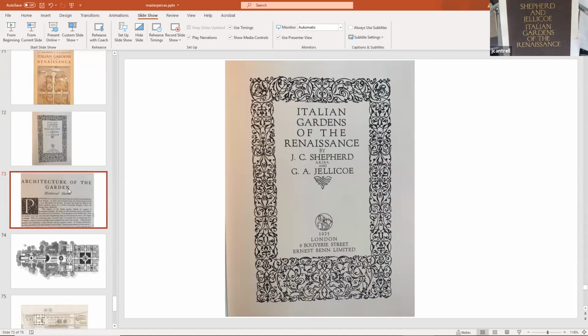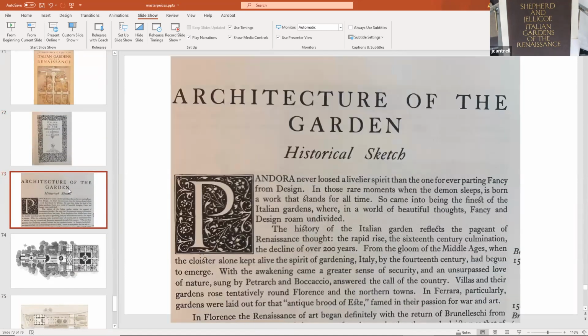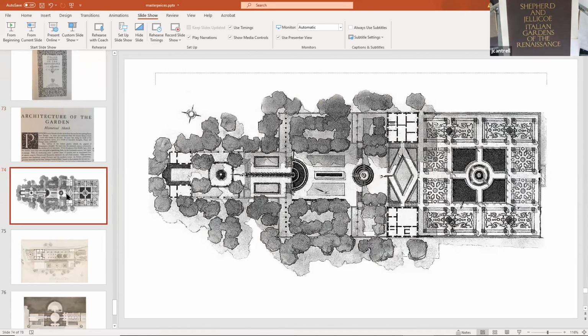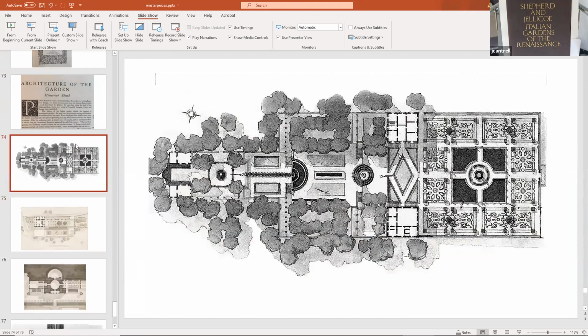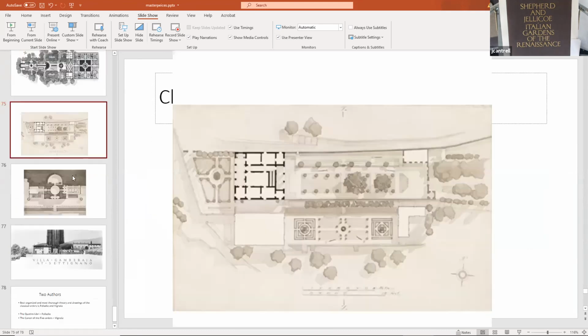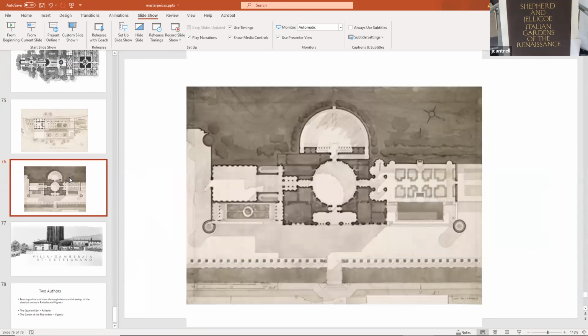And of course, there's some really wonderful, very flowery press, which I'll look at in a minute. But they pretty much did this entire book of nothing but these beautiful watercolor and ink wash renderings of the plans and sections of each prominent Italian villa. And their notes and drawings are incredible as well. This is probably the first time that we've seen a collection of all the Italian Renaissance villas in one publication. Here is a reconstruction drawing of Villa Madama.